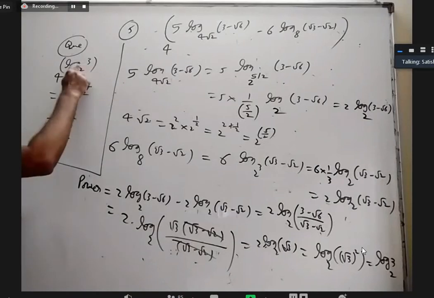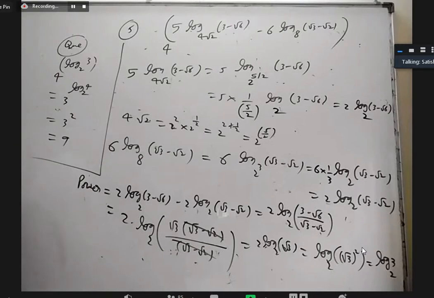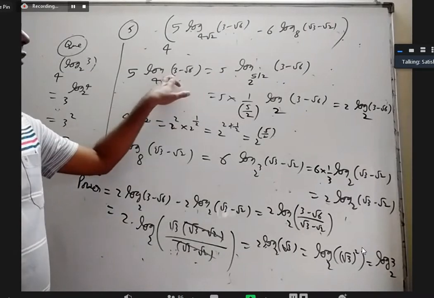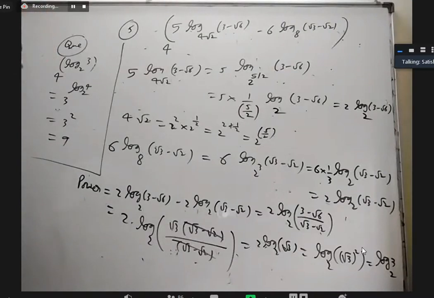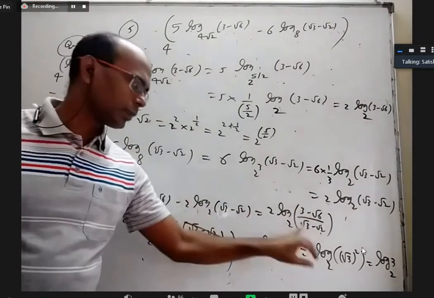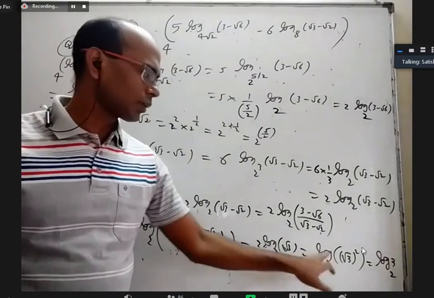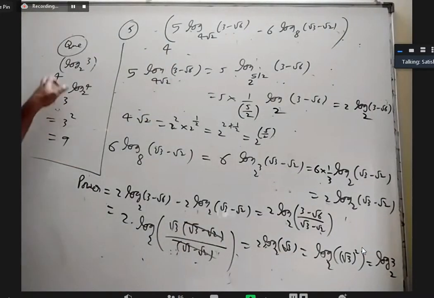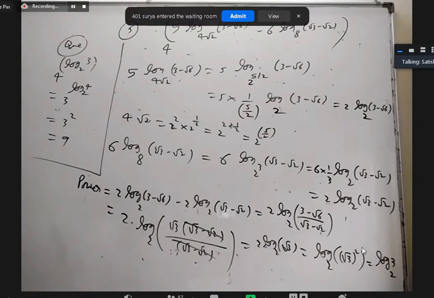So I have a formula where without changing this, I can interchange these two. A power log B base C is B power log A base C, that formula. I can bring 3 here, 4 here. And log 4 base 2 is 2. And 3 square is 9. So here also we use quite a bit of all the formulas. If you have any power here, we have to write in the denominator. Next, log A minus log B is log A by B. And m log A, you can write log A power m. And A power log B base C is B power log A base C. So quite a few formulas of logarithms are already used in this question. So just carefully observe and then do it.